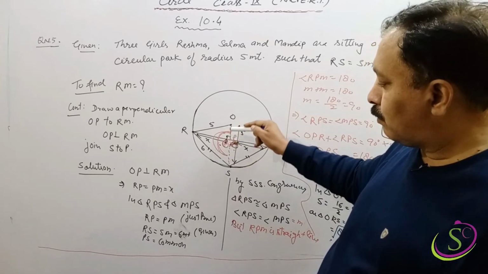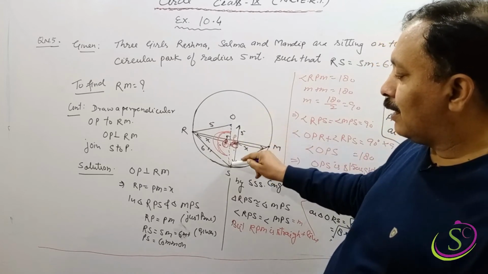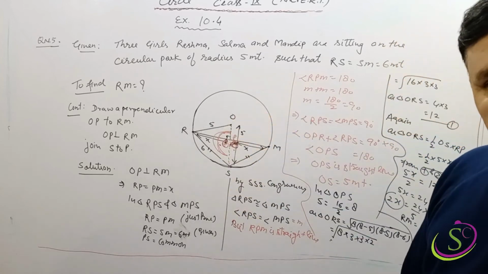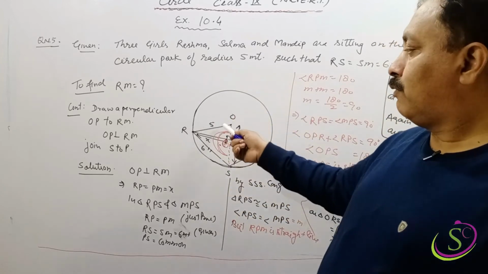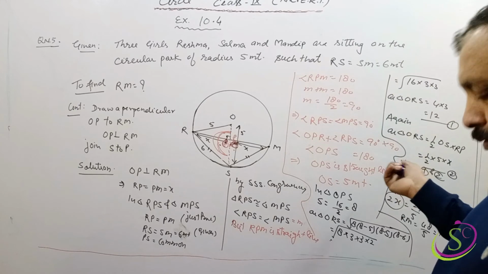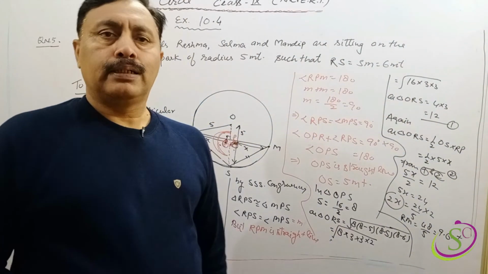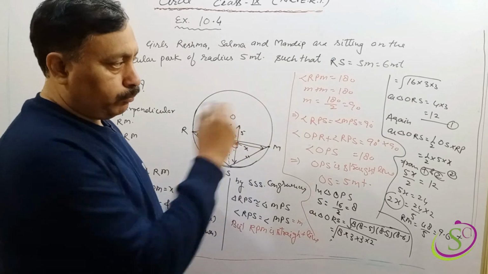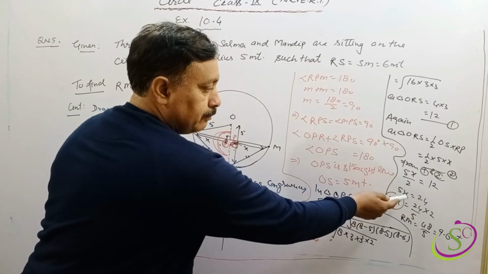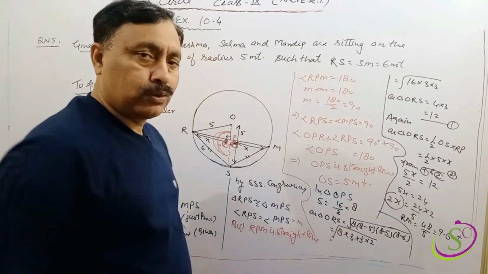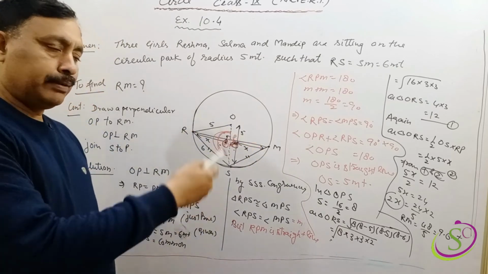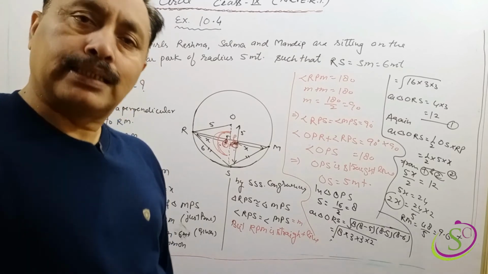And after that this angle and this angle is equal to 90 degree and this 90 already, so this plus this is 180, so become OPS is a straight angle, means OS is the straight line and OS is the radius, that is 5 meter. And after that 2 times we will find the area of this triangle. First we will use Heron's formula and then simple 1 upon 2 base into height. Clear? And the answer obtained from both the formulas we will equate and will find the value of x, and after multiplying by 2, because here is x and x is 2x and 2x is equal to the Rm, so Rm is 9.6 meter. Is it clear?